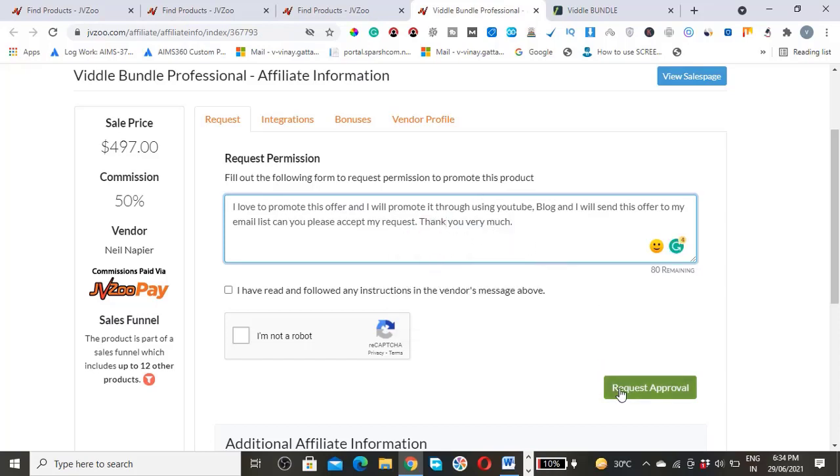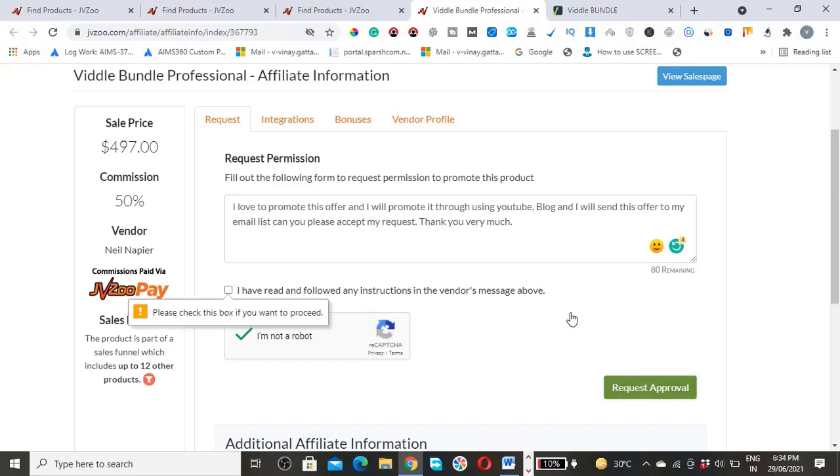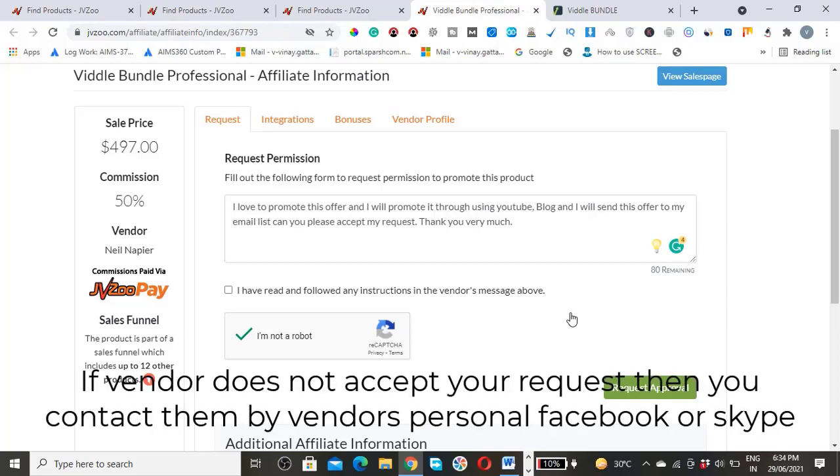Now you need to click on request approval. This message will be sent to the vendor. Most of the vendors will accept and give an affiliate link to you. If they deny your request, you need to say the same thing: I would love to promote this offer and I will promote it using YouTube and my blog, and I will send this offer to my email list.